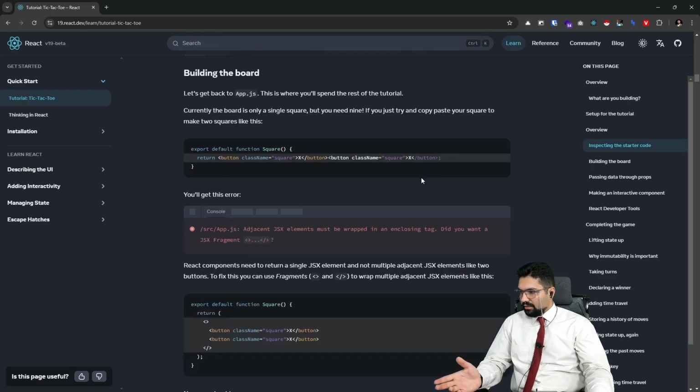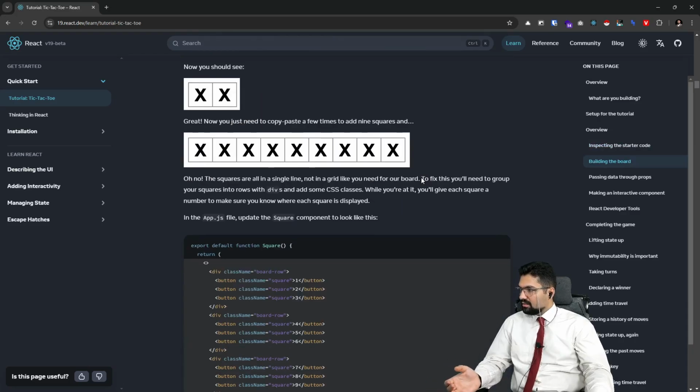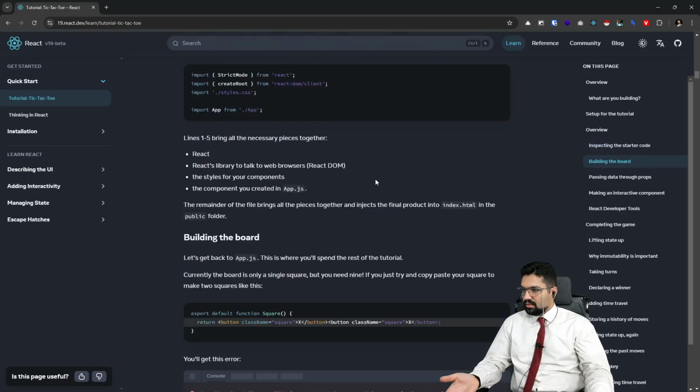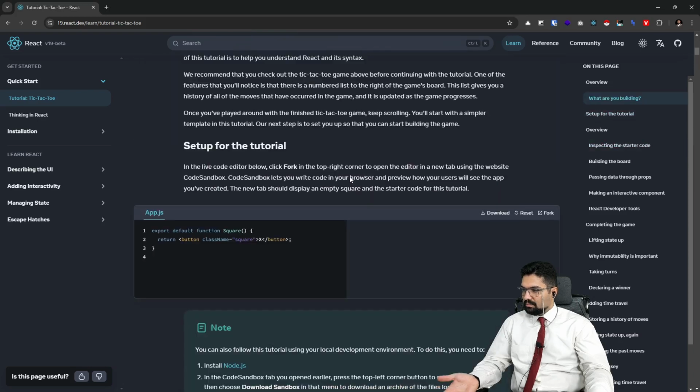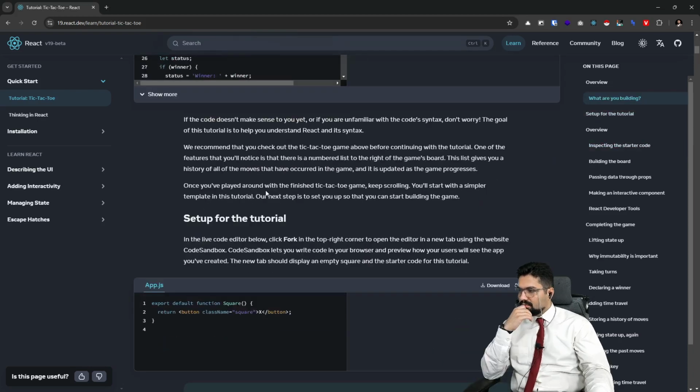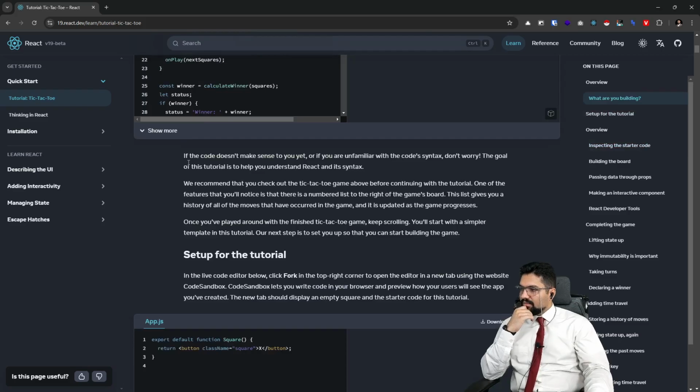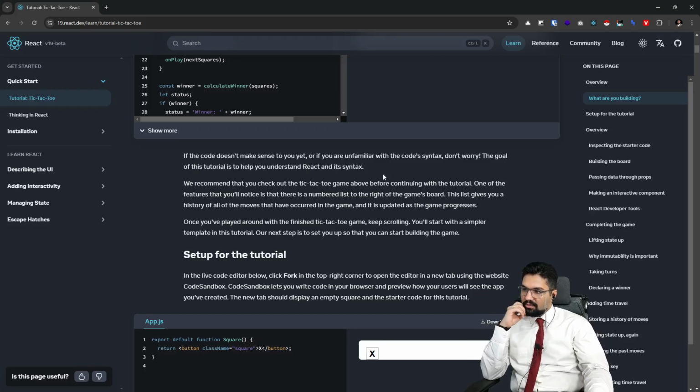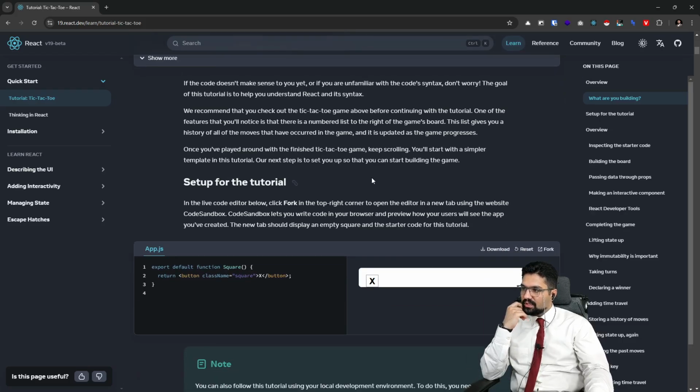This game is explained by React.js step by step. Okay, we can learn together, doesn't matter. If the code doesn't make sense to you yet, or if you are unfamiliar with the code syntax, don't worry. The goal of the tutorial is to help you understand React and its syntax. We recommend you check out the Tic-Tac-Toe game above before